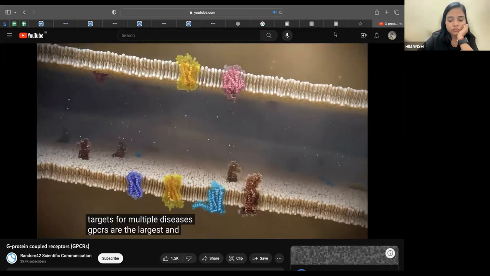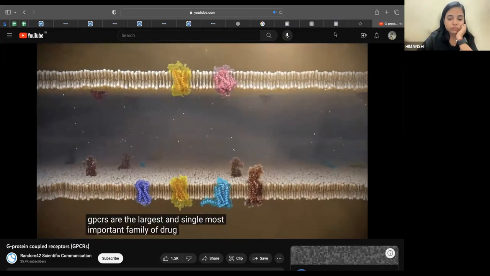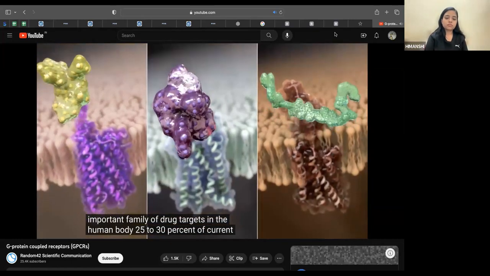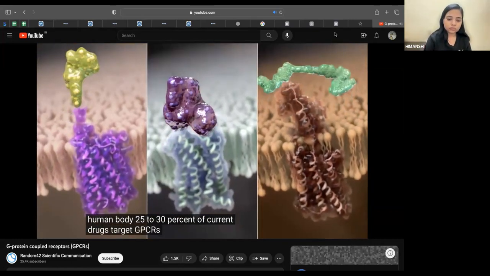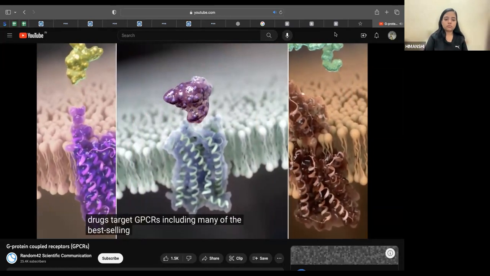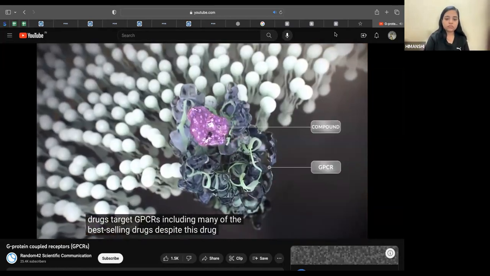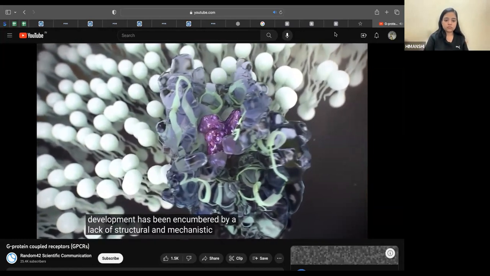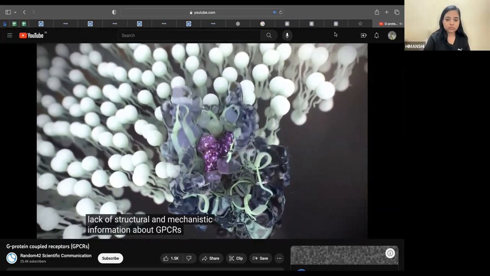GPCRs are the largest and single most important family of drug targets in the human body. 25 to 30% of current drugs target GPCRs, including many of the best-selling drugs. Despite this, drug development has been encumbered by a lack of structural and mechanistic information about GPCRs and how compounds